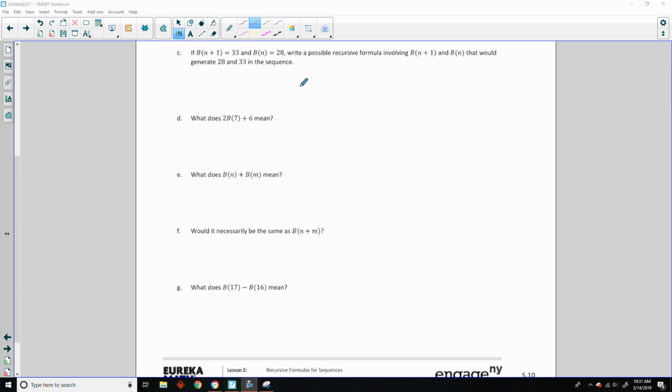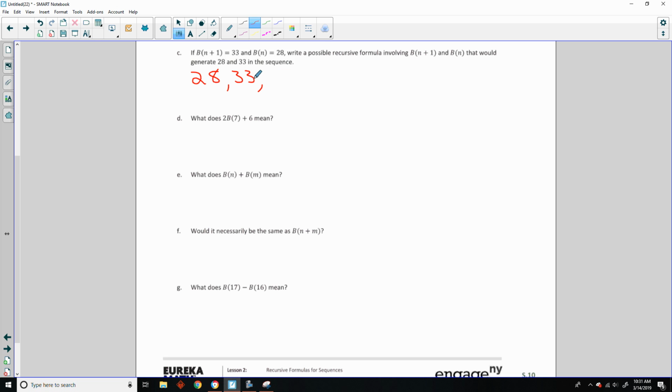It's easier, adding instead of multiplying and dividing or taking powers and that kind of thing. So what they're basically saying is a term, b of n, is 28. Then you add 1, meaning the next consecutive term is 33. So we have a sequence where our first term is 28 and our second term is 33, and we want to know what